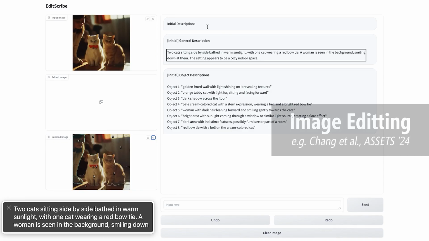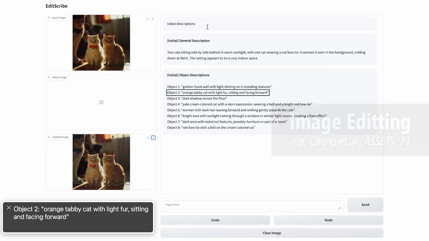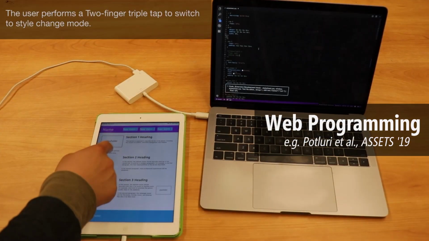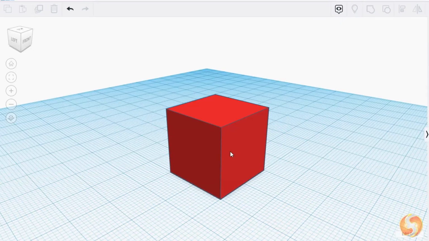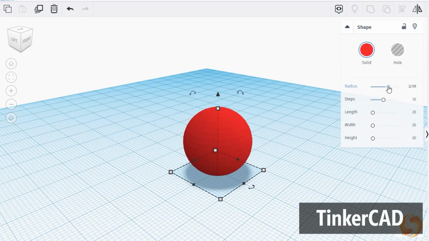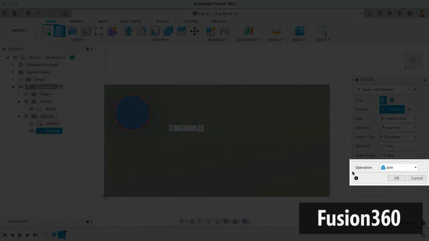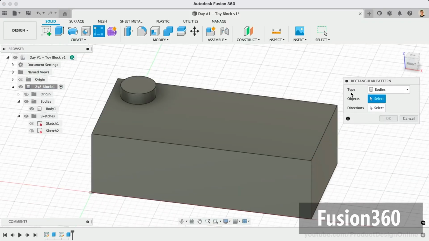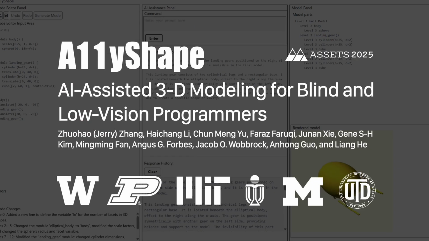With the rise of accessible and affordable large language models, blind and low vision users can now independently tackle visually complex and creative tasks, such as image editing and programming, that once required sighted assistance. However, highly intricate visual spatial workflows, such as three-dimensional (3D) modeling, which usually involve complex visual interfaces and operations, are still challenging for BLV users. We introduce A11yShape, an interactive system designed to help BLV users who possess basic programming skills understand, modify, and iterate